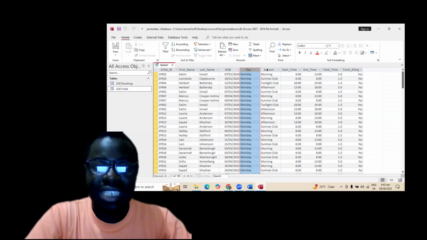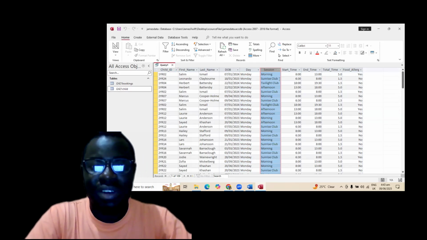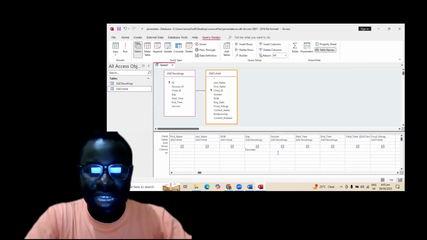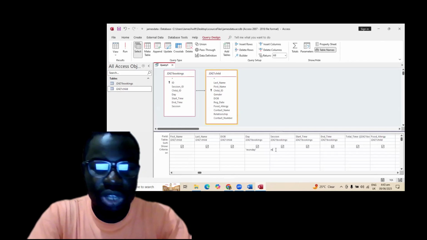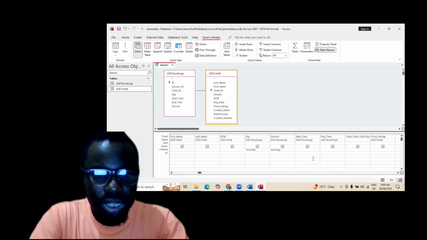Then it says that session should be morning or sunrise club. Currently, we have morning, we have sunrise club, and then we have the twilight club. And it says that we should set the criteria so that session is morning. Okay, so just type morning or